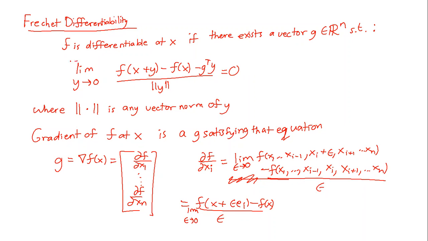But I think it's fascinating that this is Fréchet differentiability, where the gradient has a very specific definition. The actual definition of the function being differentiable at x is that there exists some vector g that makes this happen, and apparently that g is this one. That's fascinating to learn. So I think what I'm going to do at this point